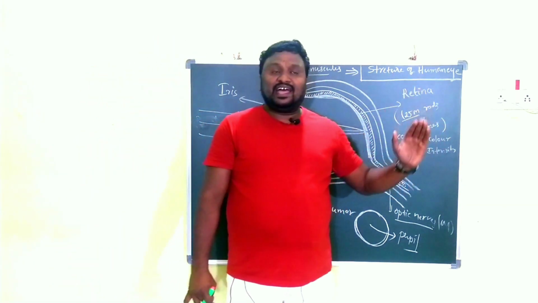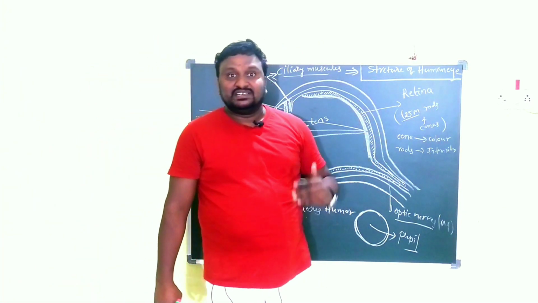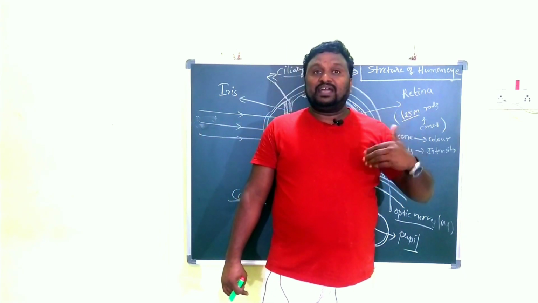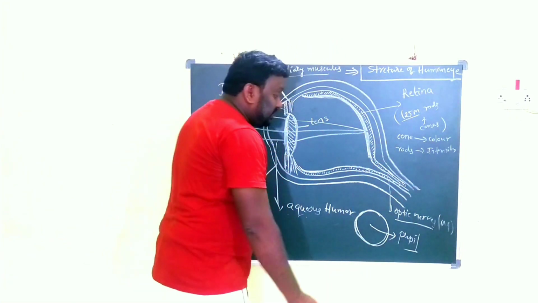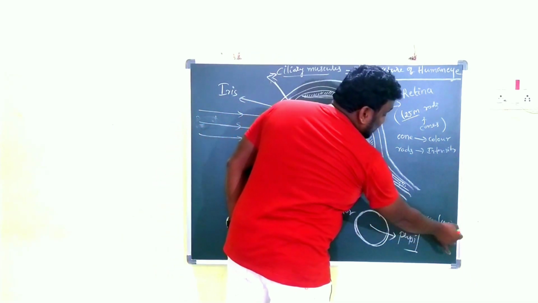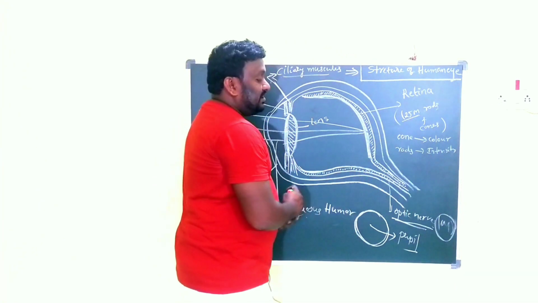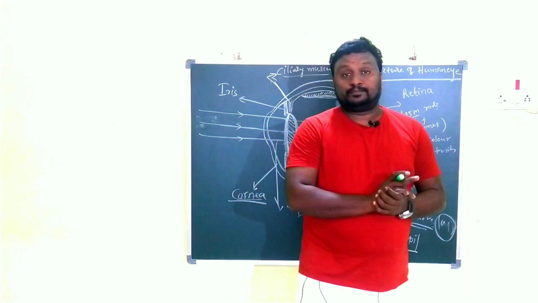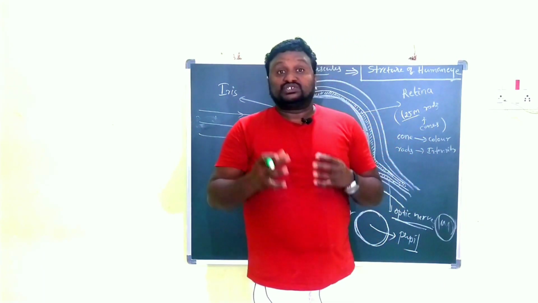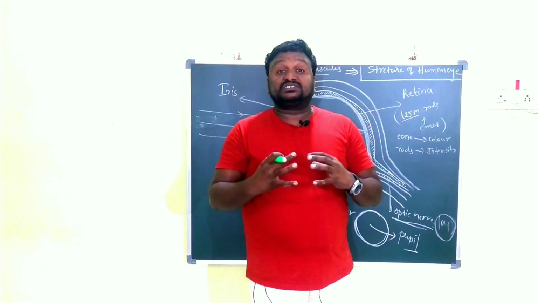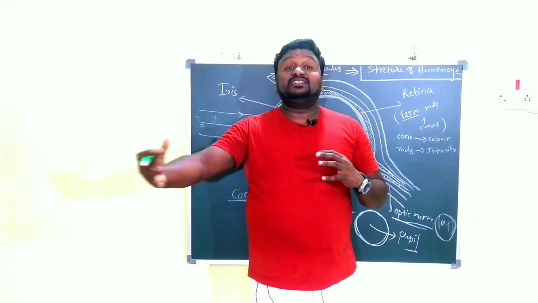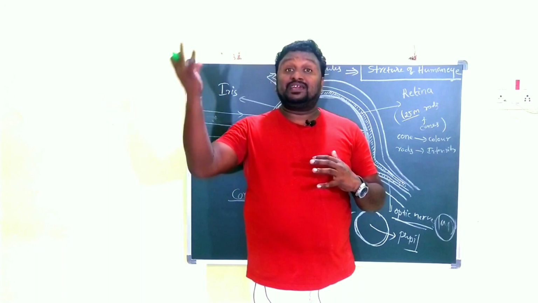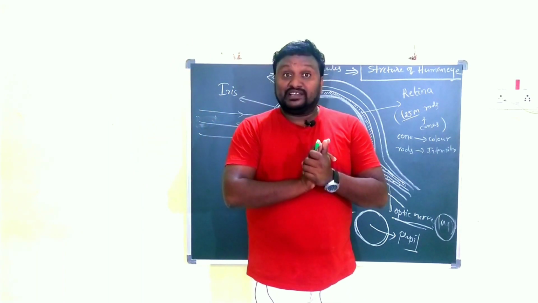So now what you observed: the lens forms the image on the retina, and the retina has some 125 million receptors. They send the image signal to the brain with the help of the optic nerves. There are nearly 1 million of them. Clear? So these optic nerves send signals to the brain. After receiving the signals, the brain forms the image.